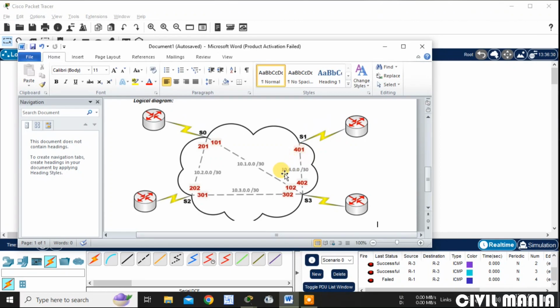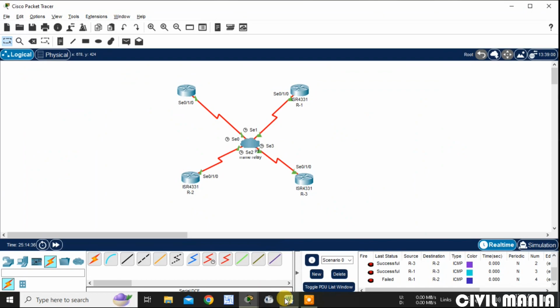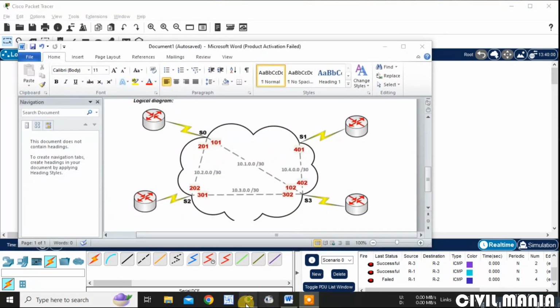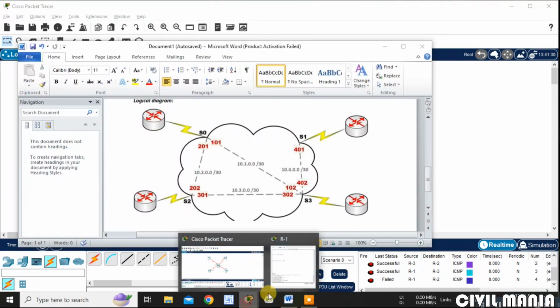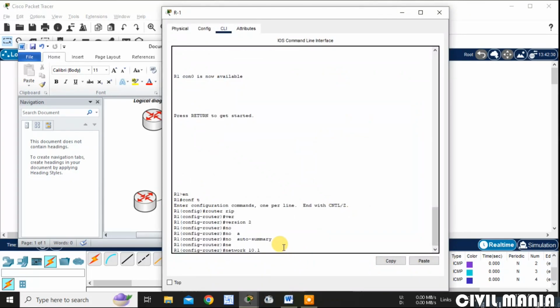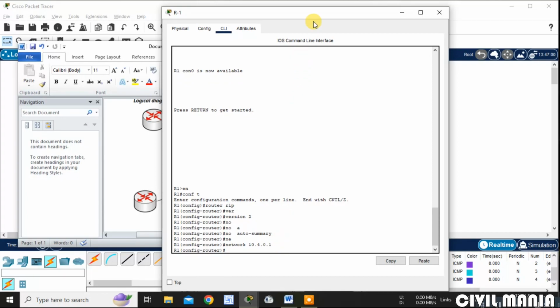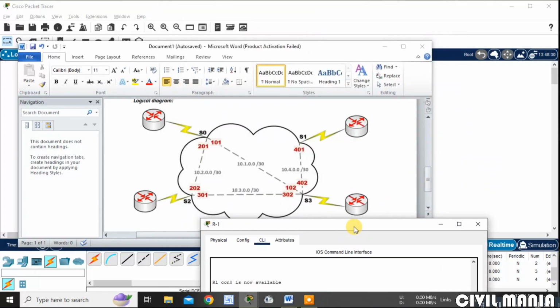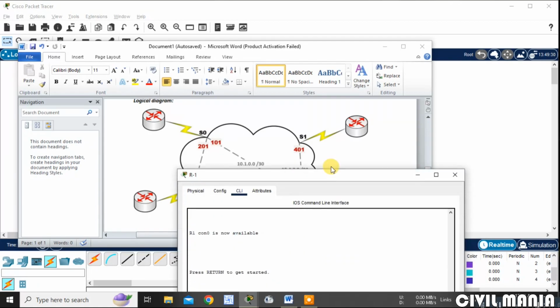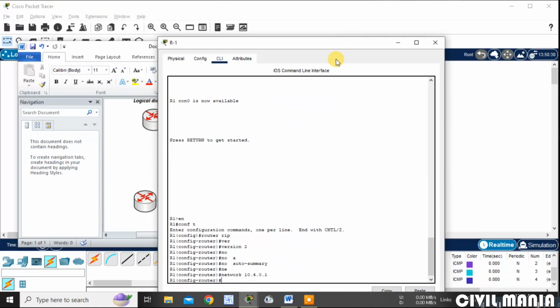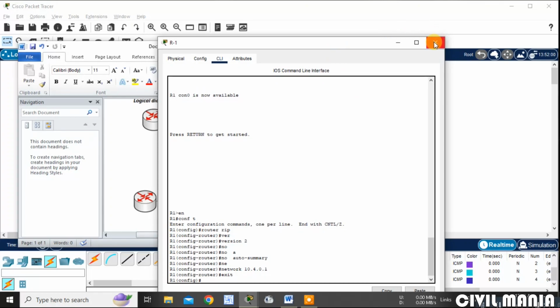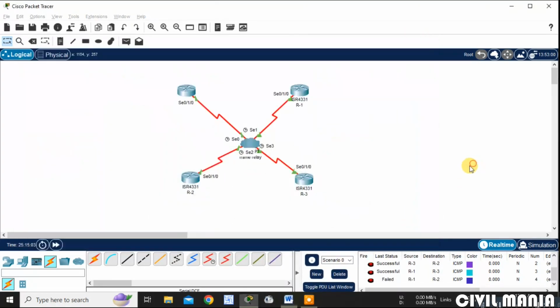That is 10.4.0.1. There is only one network. After that, exit. Now let me move to router 2.